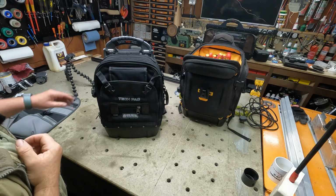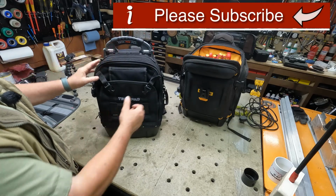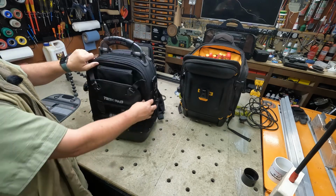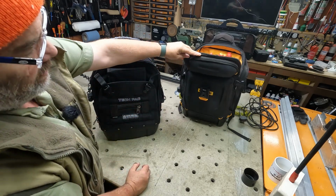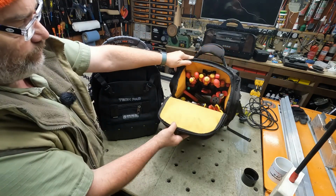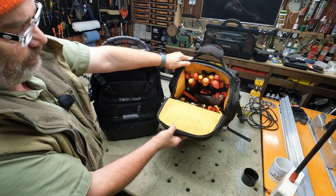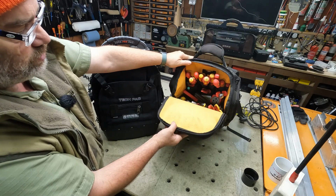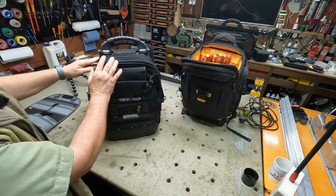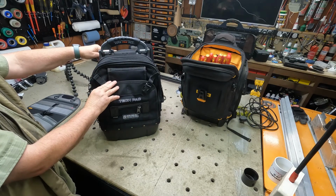This is my first impressions on the Veto Pro Tech Pack. This is a backpack bag that can be used for storing tools. I still like and can recommend the Fluke backpack, but I am finding that my tools are starting to get cluttered in there because there's not actually enough holes for the tools that I wish to carry. So I'm hoping, because this has tools on both sides of the bag, that this bag might hold all the